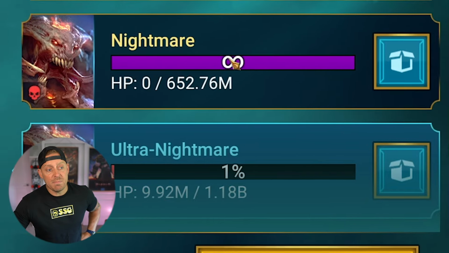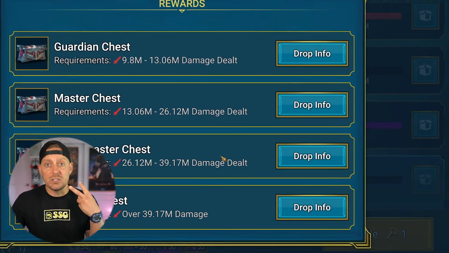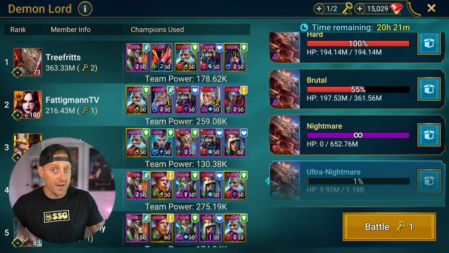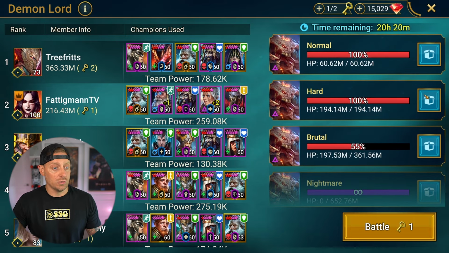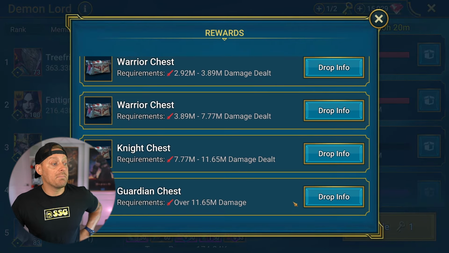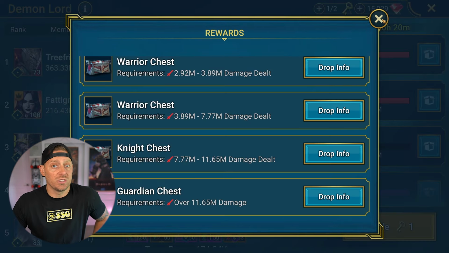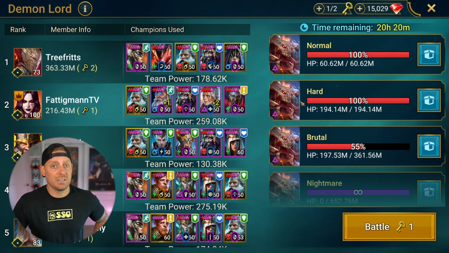So if I do a nightmare battle, and if I place in one of these chests, I will actually be able to open 2 of those chests rather than only being able to open 1 of these chests. That's going to be a great way for me to get double the rewards. Now, if I come over here to hard and I do, let's say 20 million damage, I get the Guardian chest, but it's not enough to kill the clan boss because no one can do it themselves. I still would only receive 1 chest unless my other teammates come and defeat this completely to make it